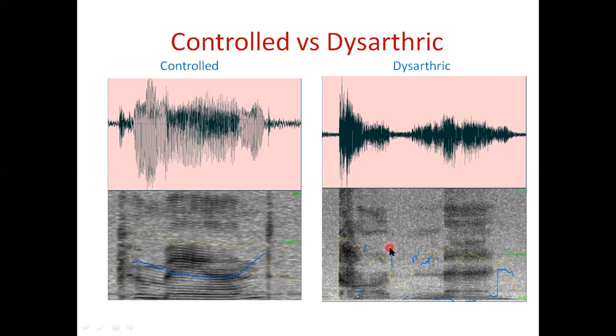You can make out the differences now. Whatever these straight lines, parallel lines, nice structured lines are there, they are missing here, first of all. That means harmonics are very clearly visible in the time frequency representation of the control speaker, while they're absent in the case of the dysarthric person. Similarly, you cannot observe this nice formant structure. These dark bands are not at all clear here. So harmonics are absent, and even the formant structure is not clear.